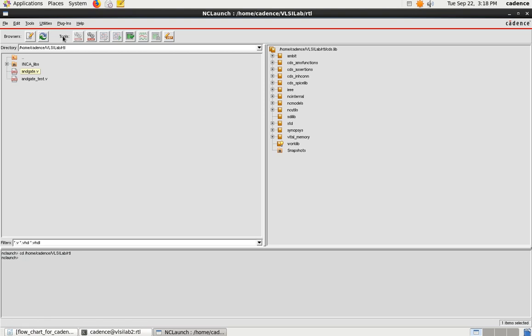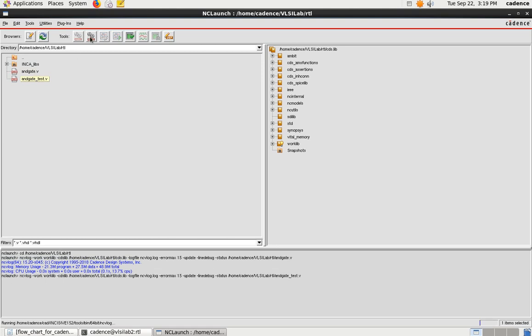Then in the tool section of the toolbar, you can see something called vlog. It is basically the Verilog compiler. If you click on that, it will run my Verilog code, that is the AND gate I have written. If there are no errors, it will not give any errors in the report section, right? Here there are no errors, so it ran successfully. Same thing for my test bench also. AND gate test.v, I will compile. It has also verified clearly, no errors in that also.